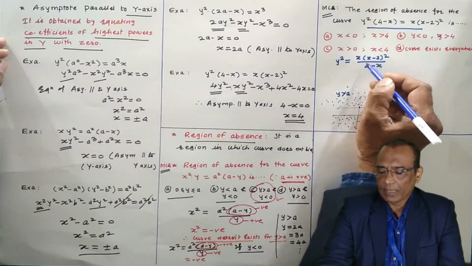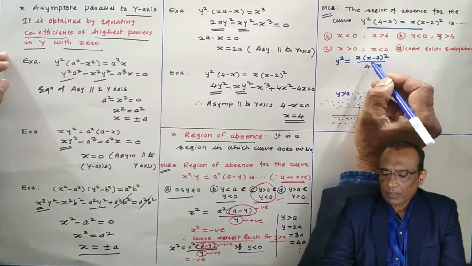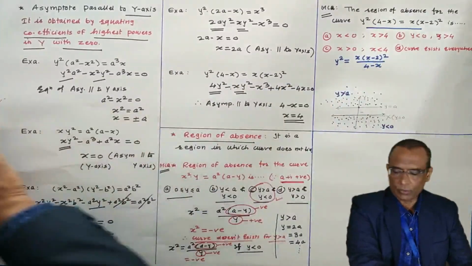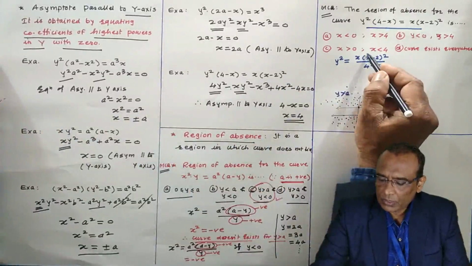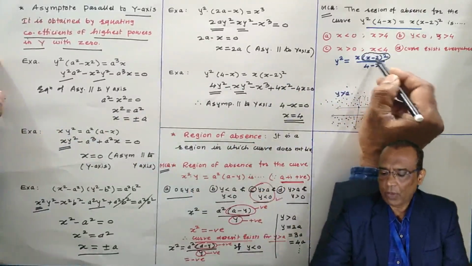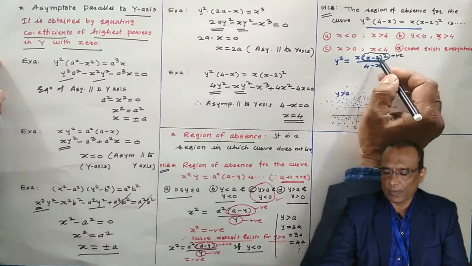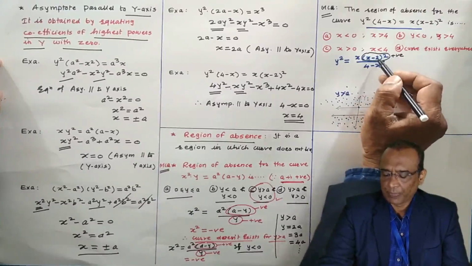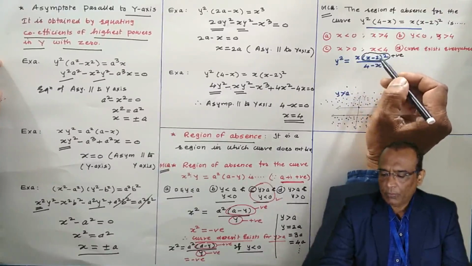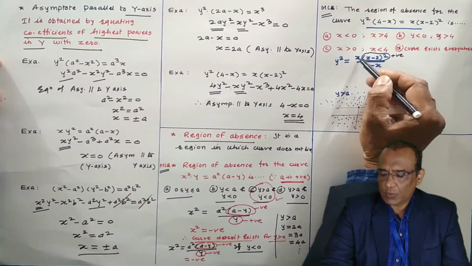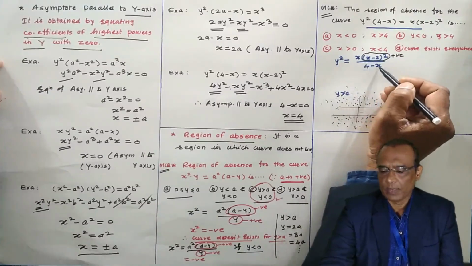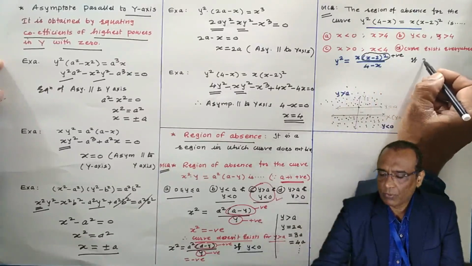So if you look at it very carefully, this bracket is always positive. See, this is the square bracket. For any value of x, this is positive, because a square bracket is always positive. Now, for which value of x is x into (4 minus x) negative? If x is greater than 4,